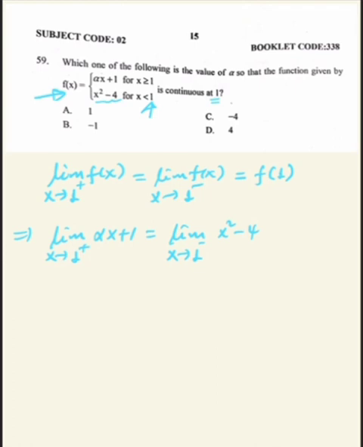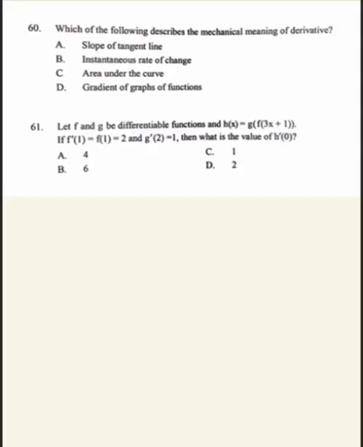So these two limits are the same. So 1 substitute እናደርጋለን. Alpha plus 1 is equal to 1 square minus 4. Alpha plus 1 is equals to minus 3. So alpha becomes minus 4. Okay, so ይሄ function at 1 continuous እንዲሆን ካስፈለገ የአልፋ ዋጋ minus 4 መሆን ይጠበቅበታል ማለት ነው። ወደ 60ኛው ጥያቄ